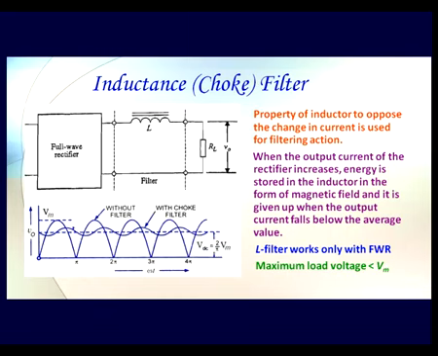And in this case, since the inductor always has the property to oppose any change in the current that is flowing through it, the output that reaches the load resistance is not as high as was happening in case of the capacitance filter, because the capacitance was charging there till the Vm value. So always you are getting the voltage at the output which was equal to Vm when the capacitor was fully charged, and then it was slowly coming down. But in case of inductor, at no point of time will it allow that entire Vm to pass through to your RL, and so the maximum load voltage will always be less than Vm.